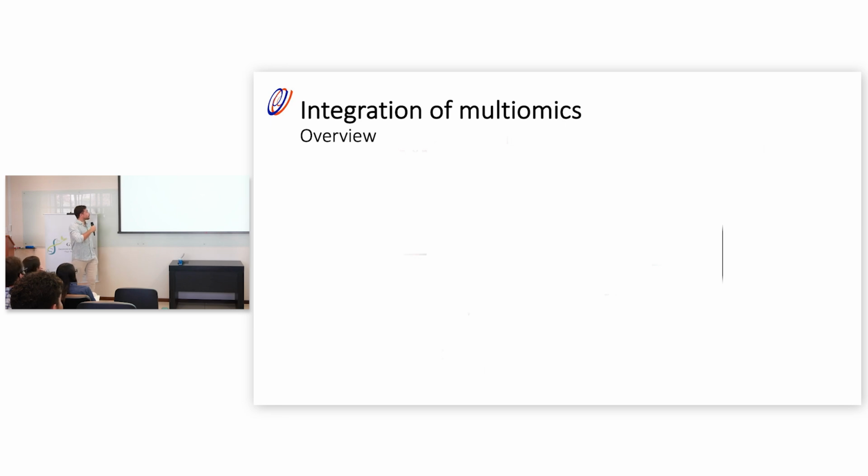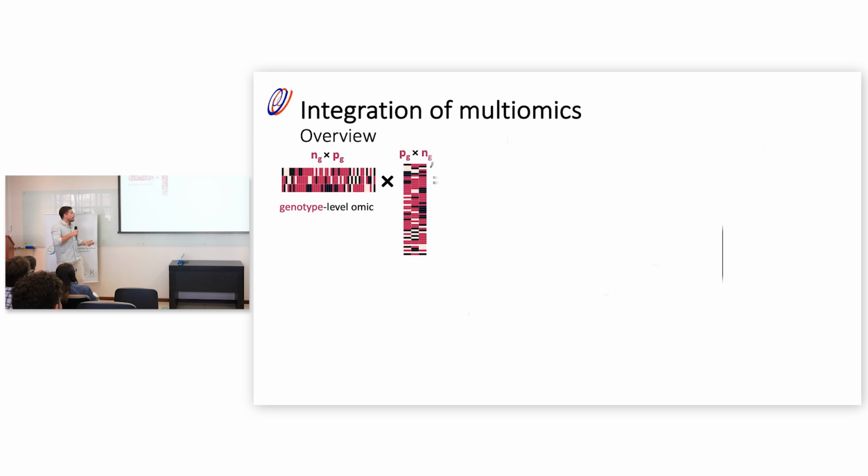And here is my favorite slide of the day. Let's try to understand a bit how matrices work for this. Let's say that we have 3 genotypes and only one environment, but we have 5 spots, and we want to place genotype 1, genotype 3, genotype 2, whatever, more than one time. At the genotypic level, we have only 3 entities, or 3 levels for the factor of genotype. We have 3 genotypes, that's N sub G, and we have P sub G markers, that can be 1,000, 20,000, whatever. If we multiply this matrix by its transpose, we get this nice genomic kernel, which is the G matrix, the VanRaden, whatever.